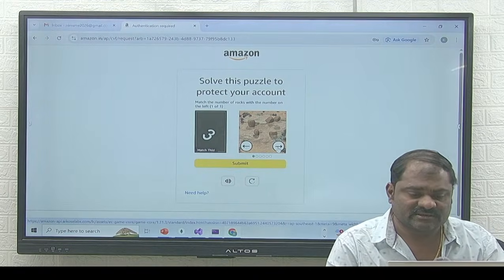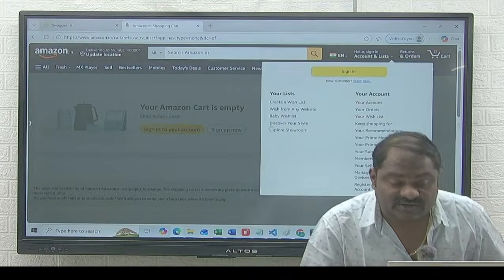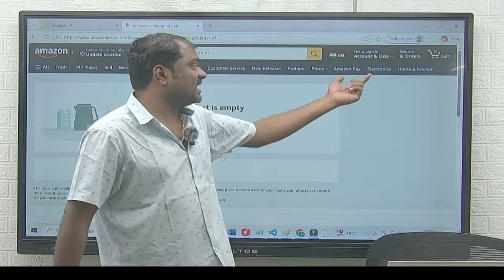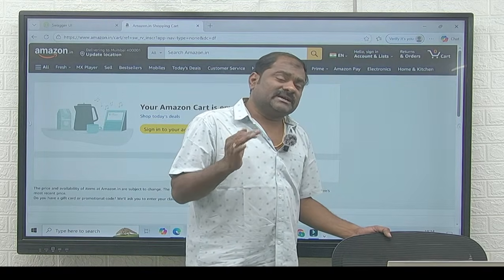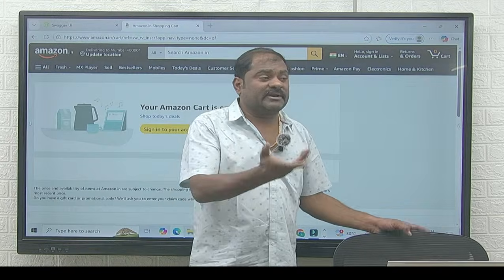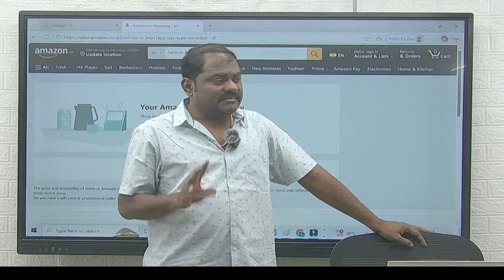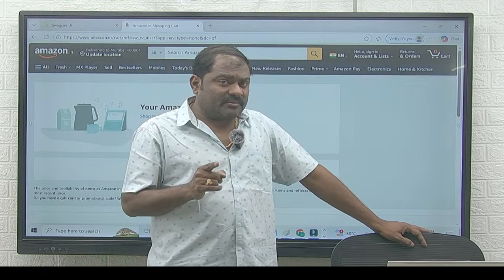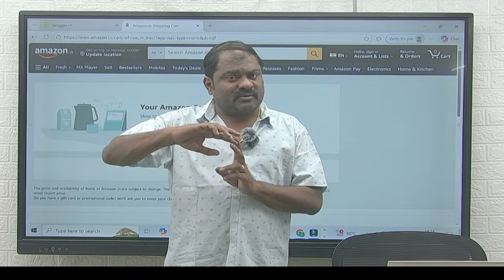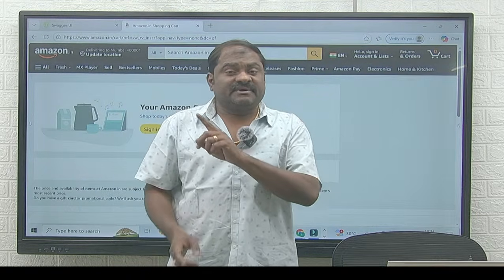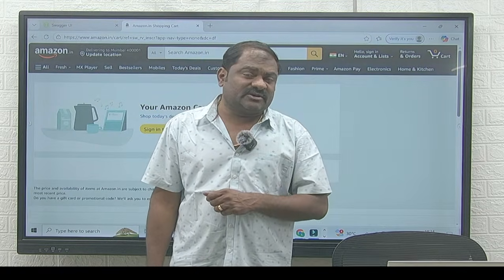solve this puzzle. So the point I want to make is, if I log into Amazon with my account and add the items in the cart, now the cart items are 5, let us assume. Again, if you open any other browser and try to log in, how many items are available in the cart? Tell me. In the first scenario, I opened the Amazon website and added the items in the cart. Now again I open another browser, again open Amazon. Previously I added 5 items. Now in the other browser the cart is empty, 0, because the data is stored on that particular browser only,